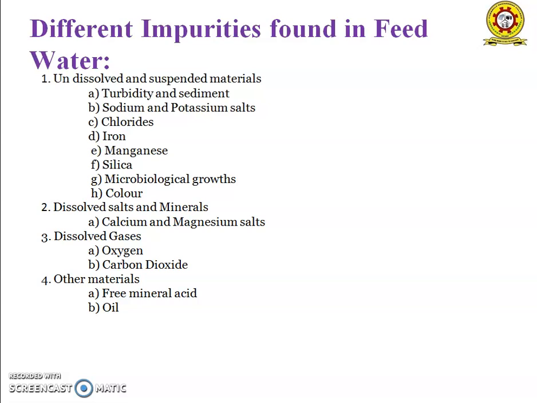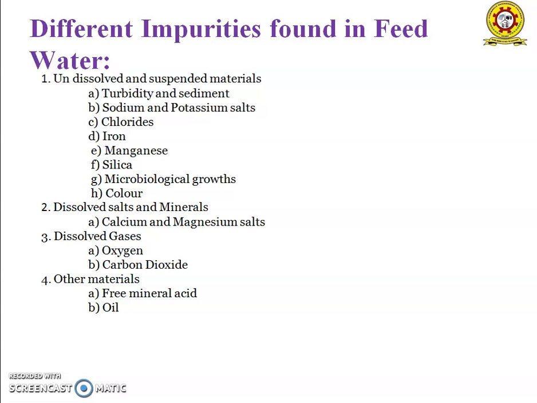What is the necessity of feed water treatment? For steam power plants, water is one of the most important raw materials. In most cases, water used for steam power plants contains impurities which must be treated before its use. All natural water, even rain, snow, hail and treated municipal supplies, contains impurities in one form or another.